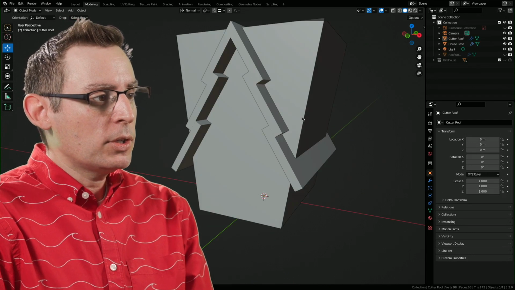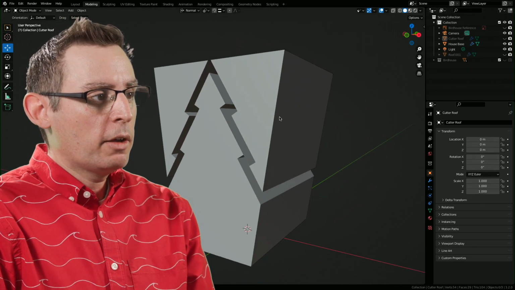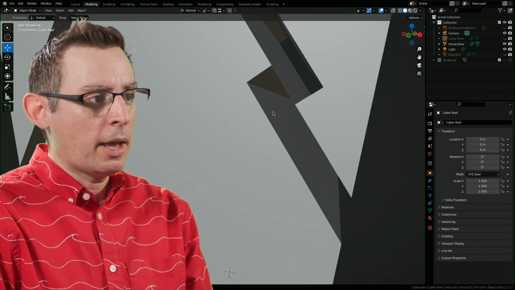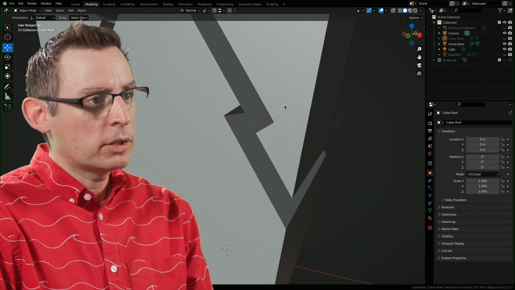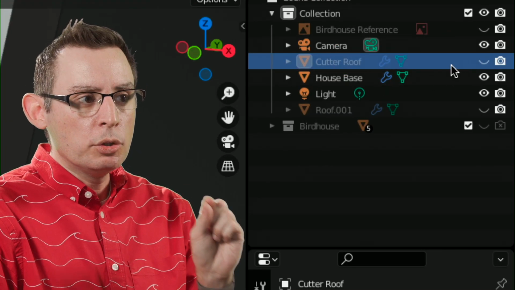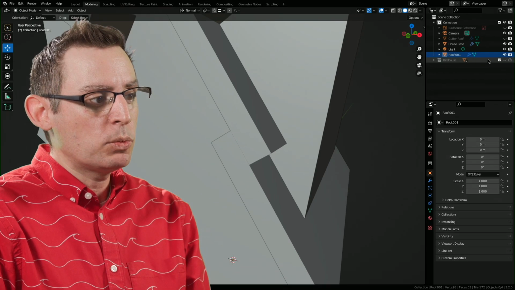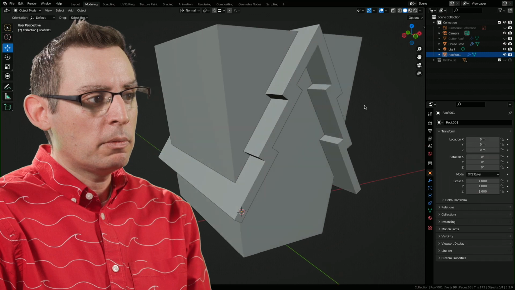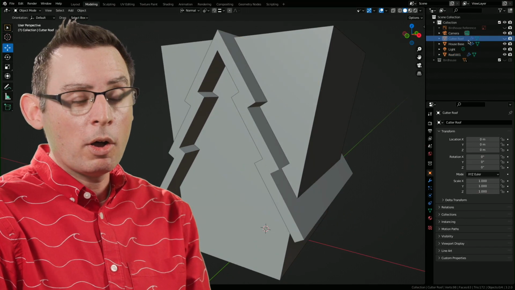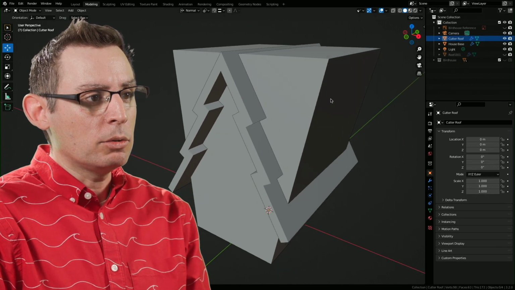Okay. All right. So this is starting to look pretty good. Let's solve the problem that we're running into now. First and foremost, we've got to get rid of all of this at the top. And we also need a solution down here for all of this. Well, since we are good stewards of our scene, the cutter roof object was duplicated. We still have a master copy down here of the roof, and this is what we're going to see in the final model. So the roof is going to be its own object, but we are more than welcome and free to mess around with the cutter roof object to get the solution that we're after.